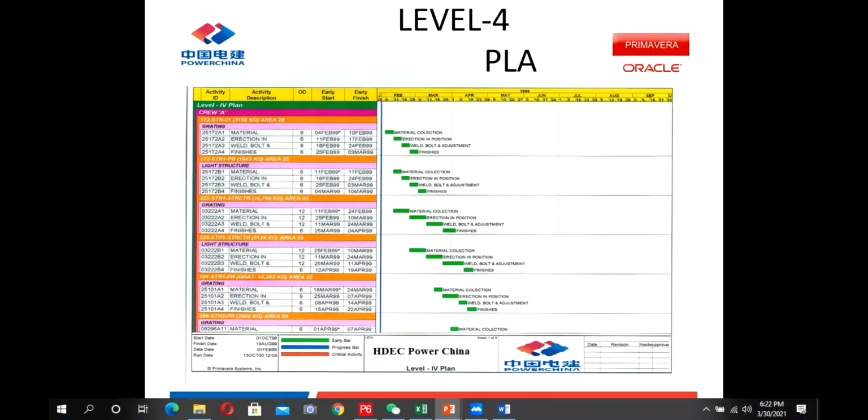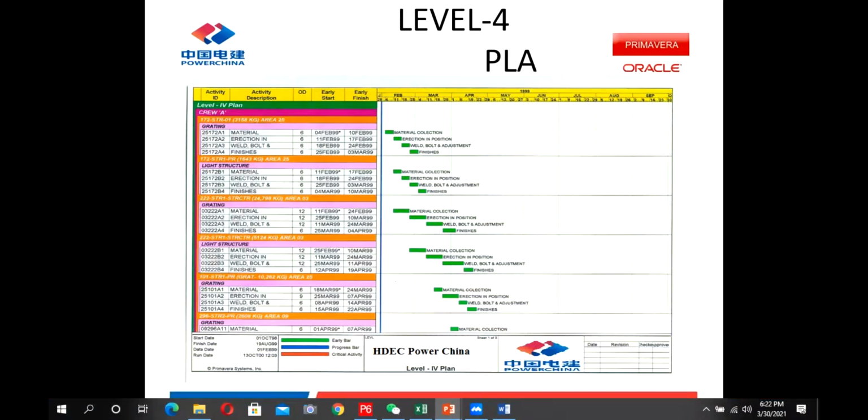For simple wording, I will explain the levels. Level 1 is your project level. At the project level, what are your milestones, your targets? Level 2 is at the zone and area level. At which area, when you are finishing this area, when you are finishing that area, this is your level 2. Level 3 is detailed: when in this area the civil will complete, mechanical will complete, electrical will complete, when you will go to commissioning.